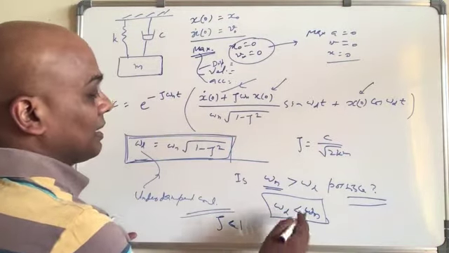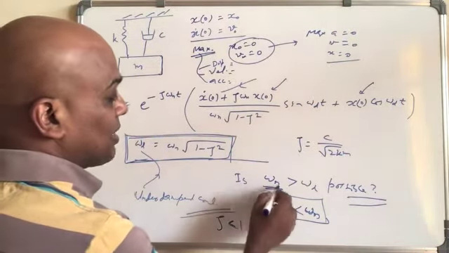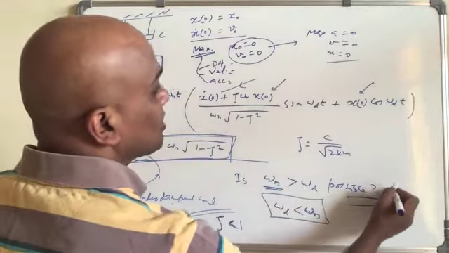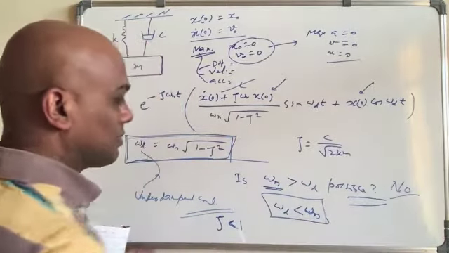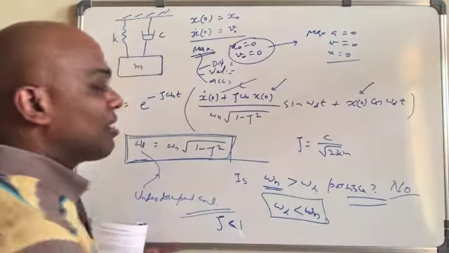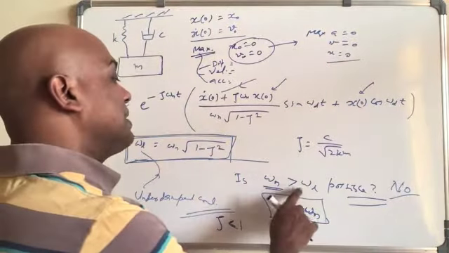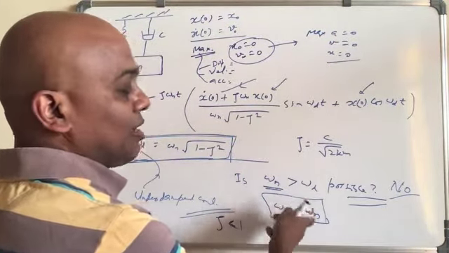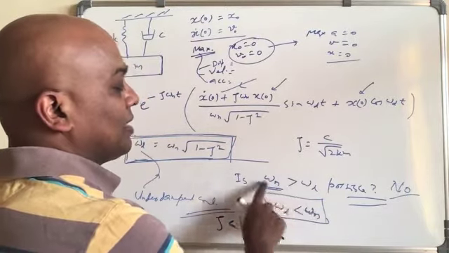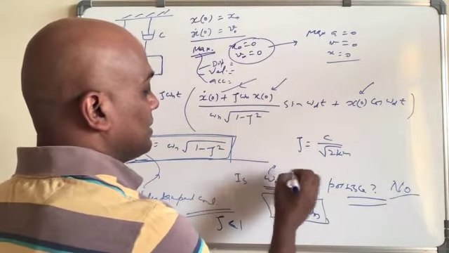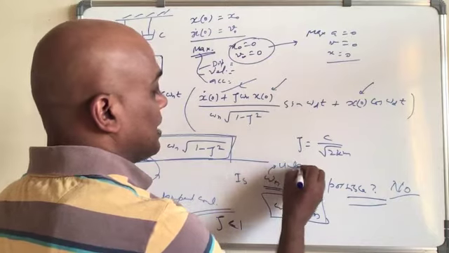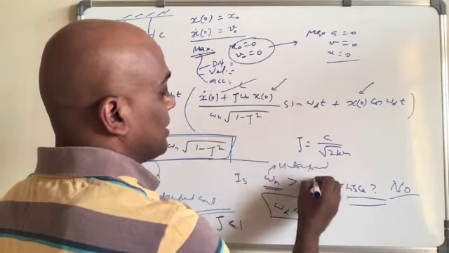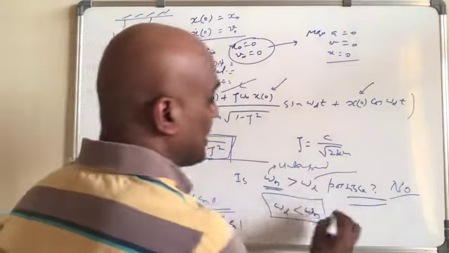So that's why, is omega n greater than omega d possible? Answer is no. Yeah. So it's true false actually. So omega n can be greater than omega d. Answer is no. Omega n will always be less than omega d. Or this one is undamped. Undamped natural frequency will always be greater than.